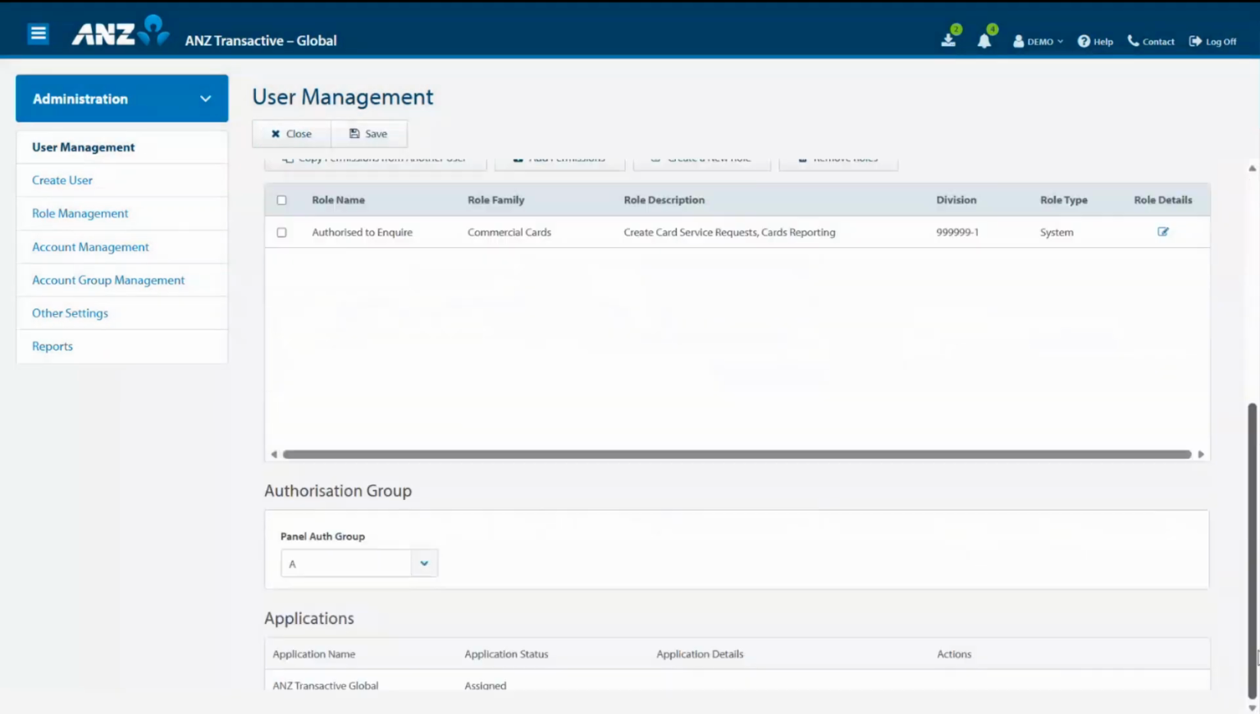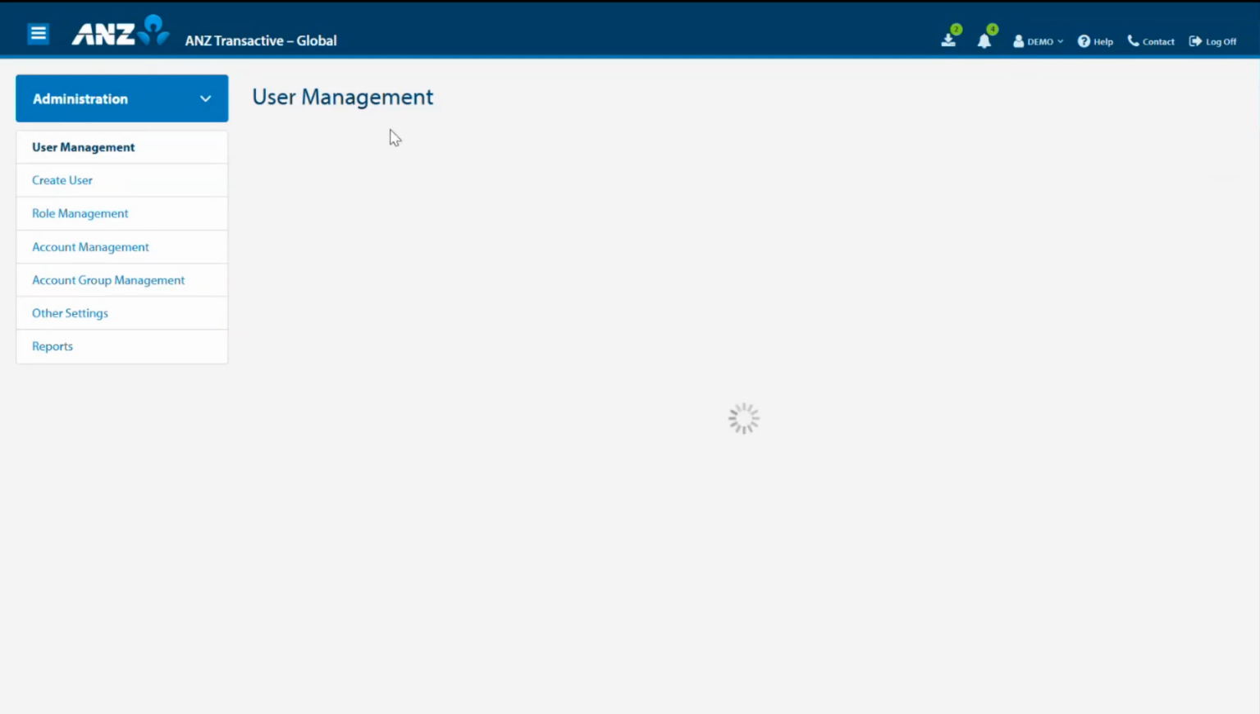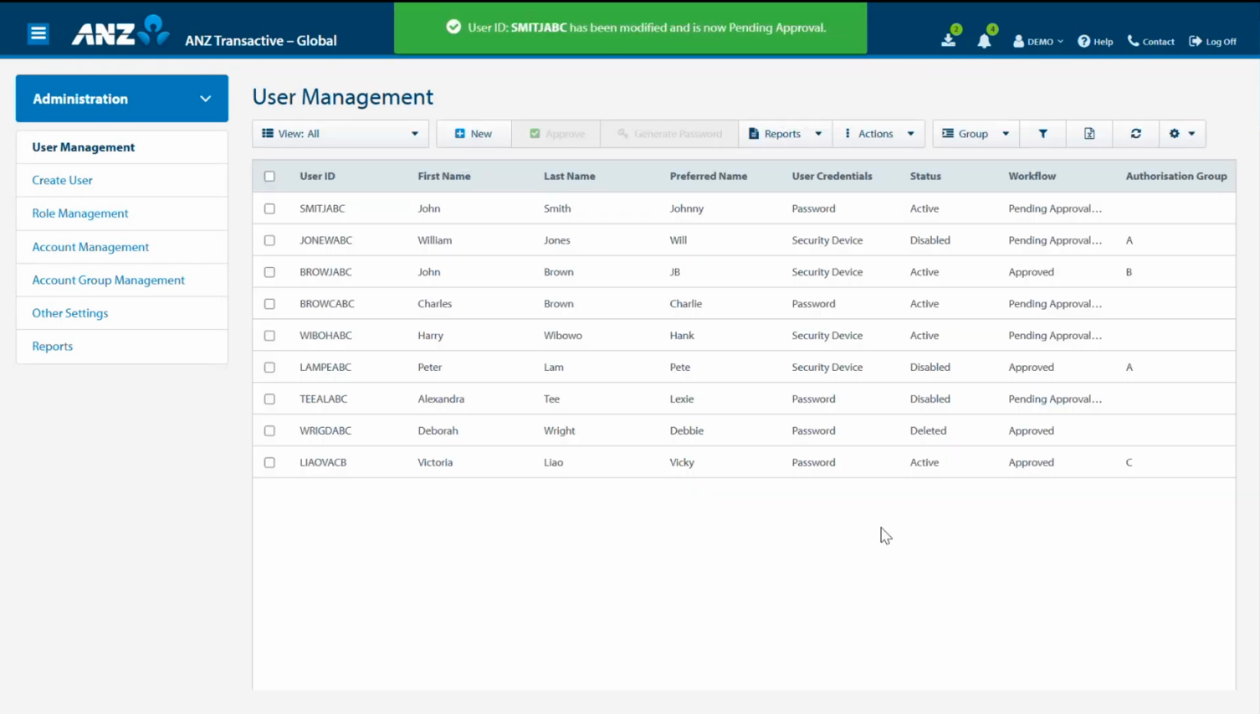Scroll down to the authorization group and select the required panel authorization group, being either A or B, from that drop-down that you wish to assign to the user. Click Save. And repeat this for each user that requires the panel access and arrange approval for these changes to each user. Once all changes are approved, payroll payments for the direct entry payment type, whether uploaded directly into ANZ